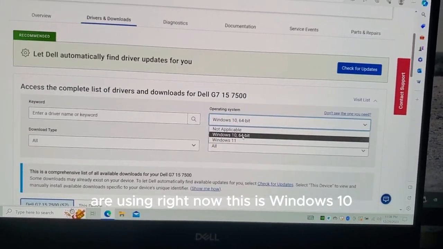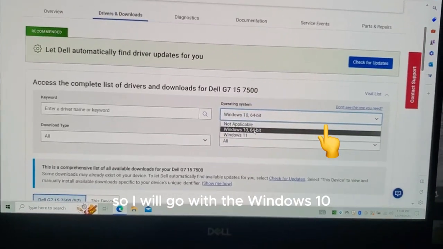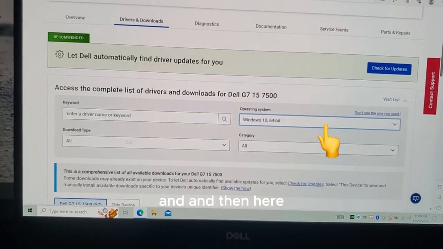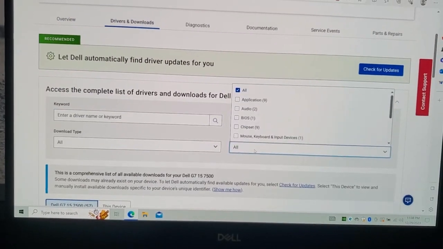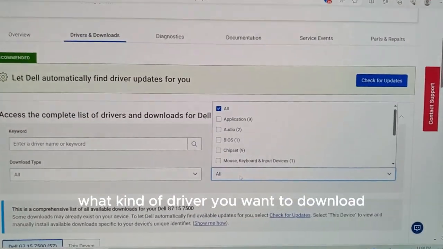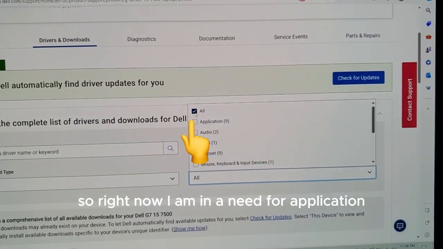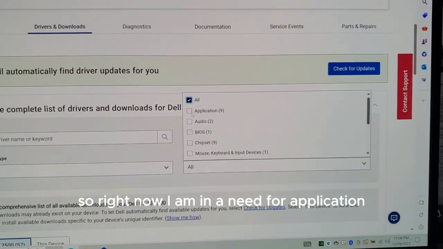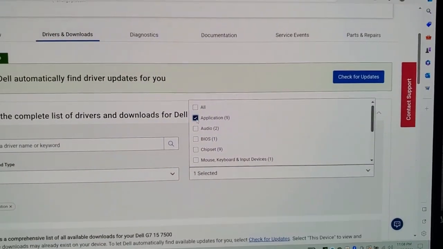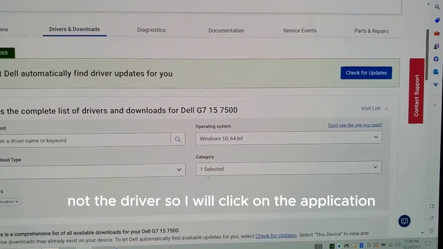Right now this is Windows 10, so I will go with Windows 10, and then here you choose what kind of driver you want to download. Right now I need an application, not a driver, so I will click on application,